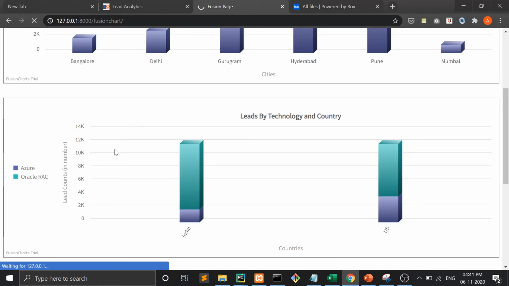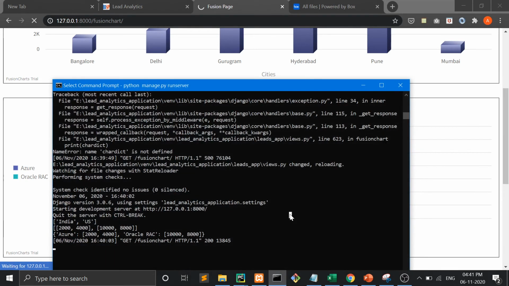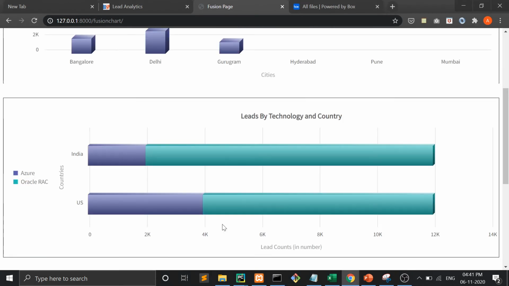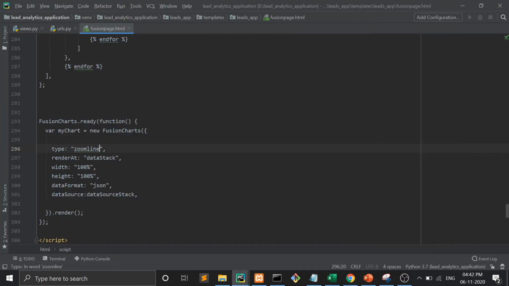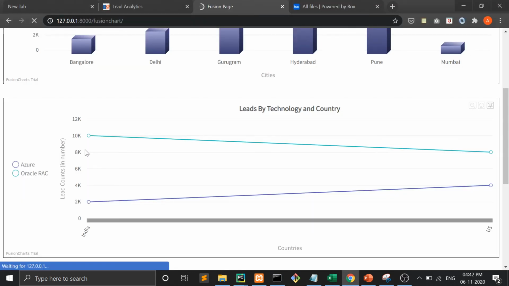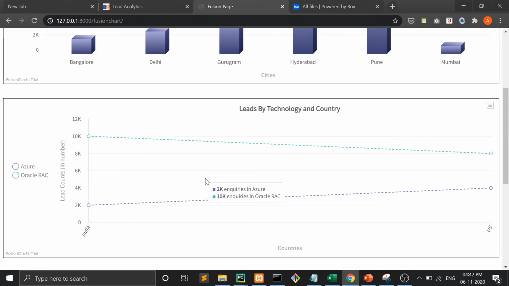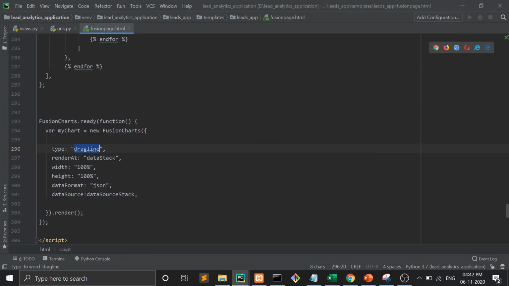Now see here, the data will be shown horizontally. Now if I change to zoom line, the same data will be displayed like this. If I make it drag line, okay, drag line.